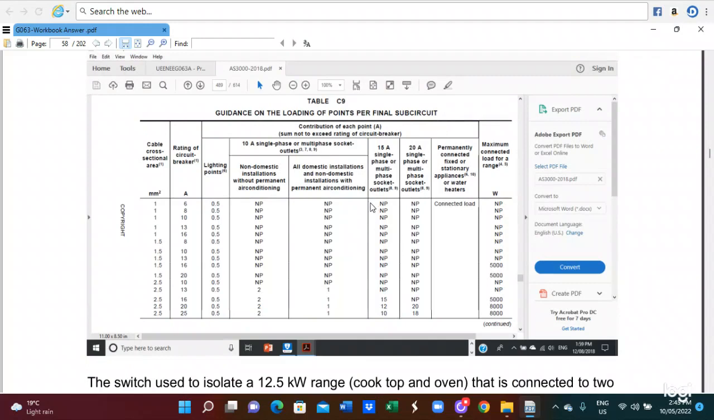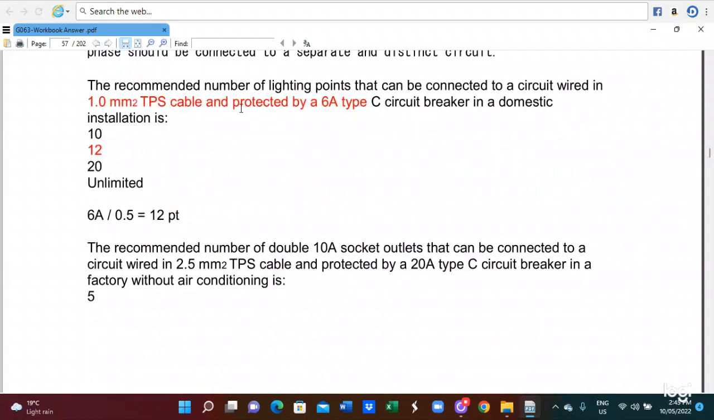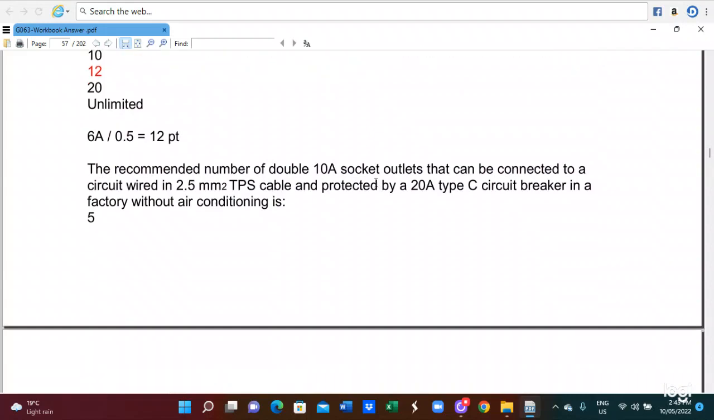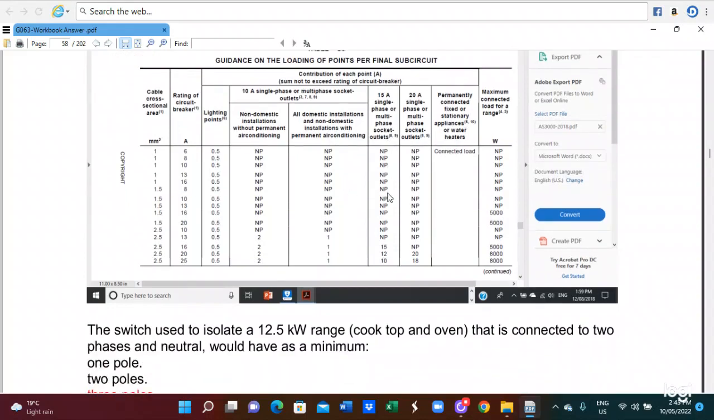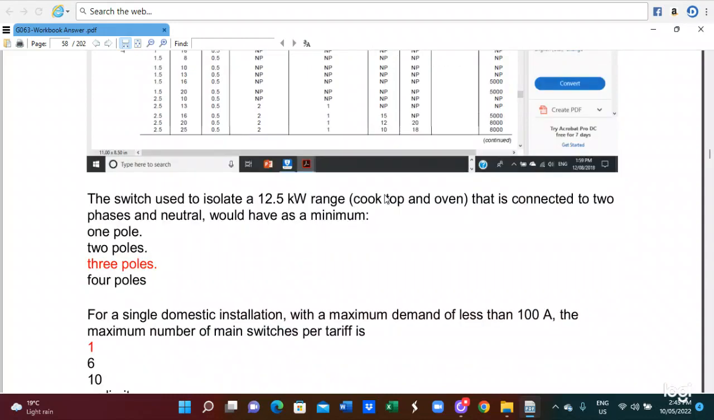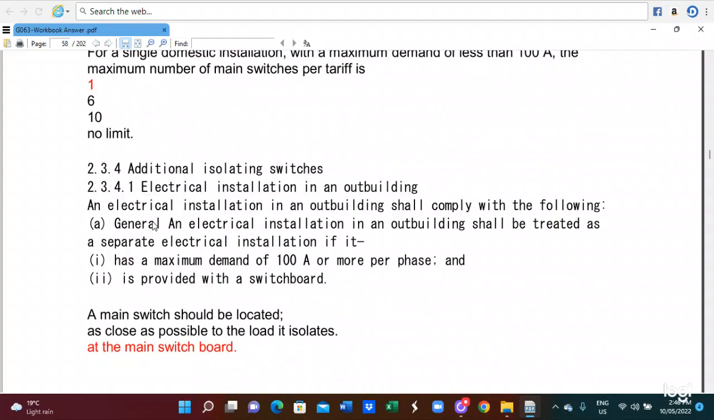You have to refer to table C9. By referring to table C9, we calculate the lighting points to be connected to the 1 millimeter square TPS cable. We have to refer to table C9 of the EL3000 to determine the number of points that can be installed in the final circuit. Also, the switch used to isolate the 12.5 kilowatt range would be connected to the two-phase and neutral, with a minimum of 3 volts. For a single domestic installation with maximum demand less than 100 ampere, the maximum number of main switches per installation is 1. In this case, you also refer to